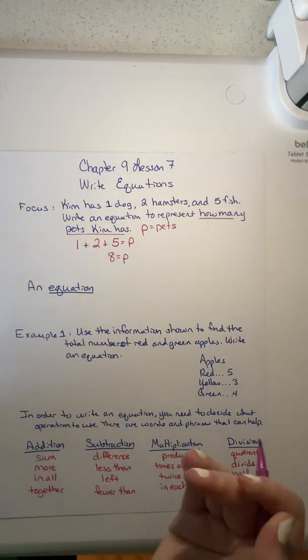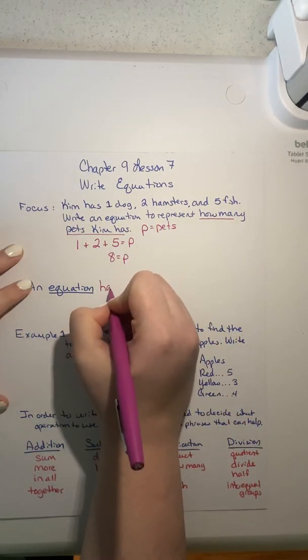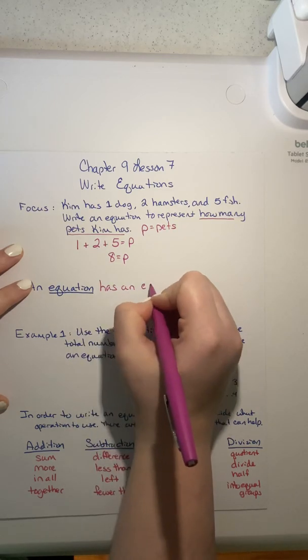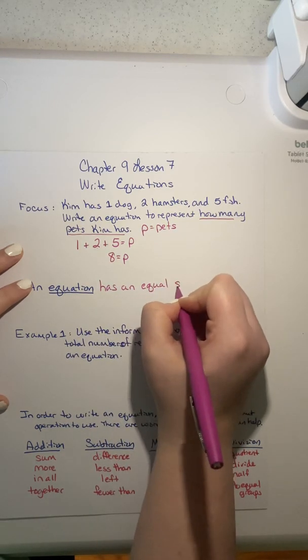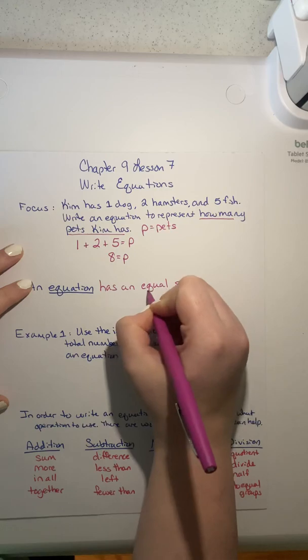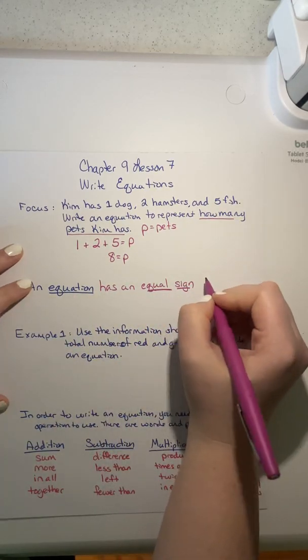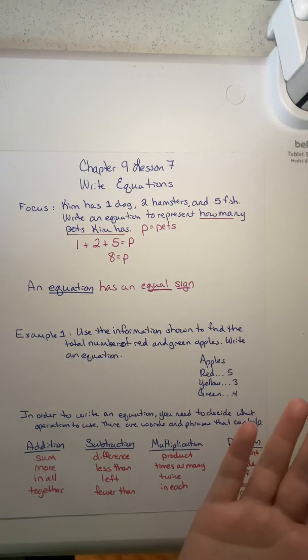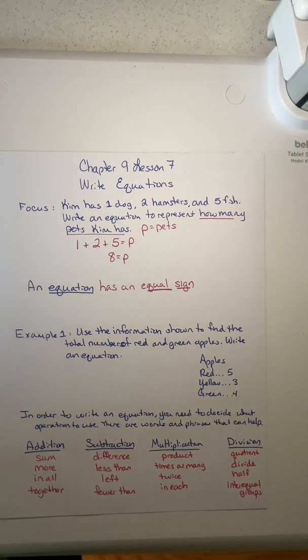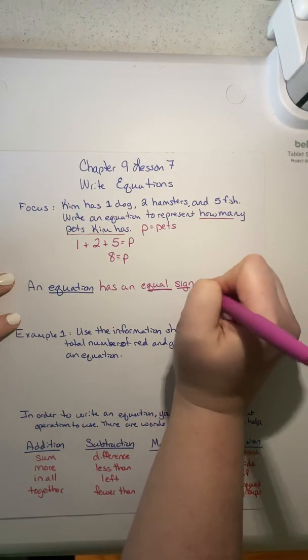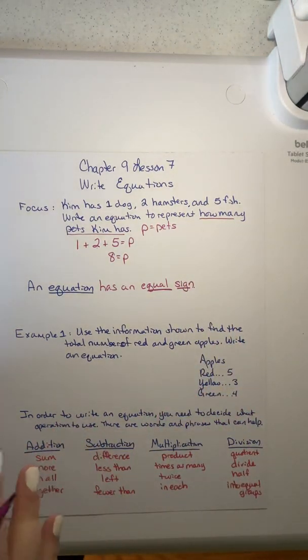Okay, so an equation has an equal sign. It has an equal sign in it. So it will always have an equal sign. It might have a variable, it might not, but it will always have an equal sign. You've heard me use the term equation a lot this year, so it has an equal sign in your actual